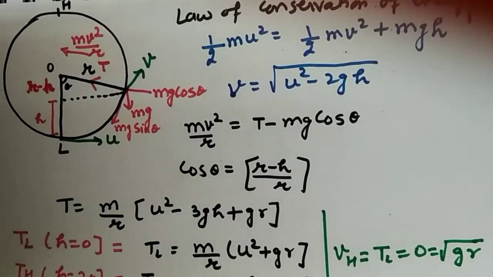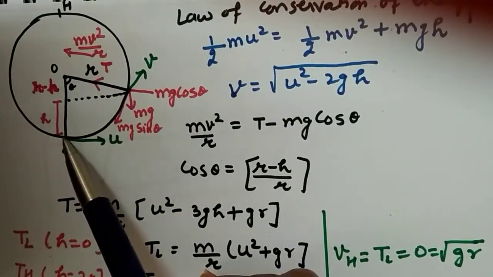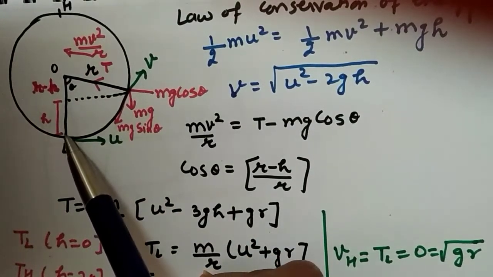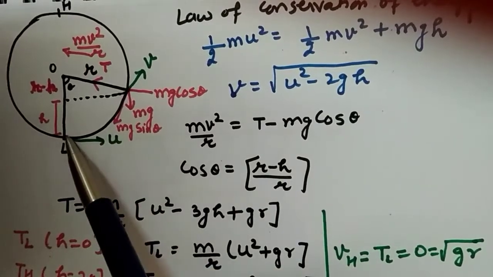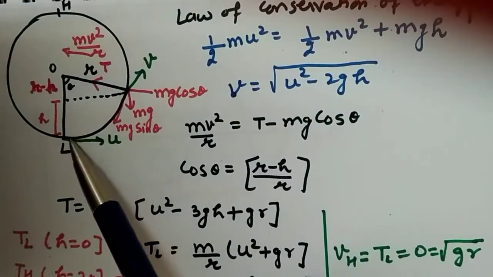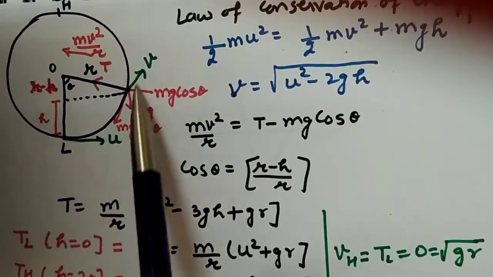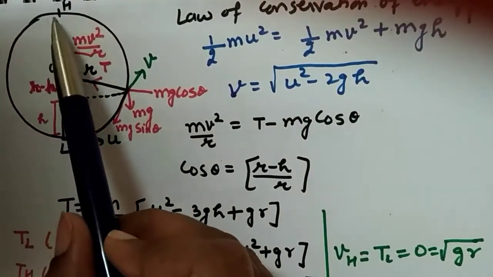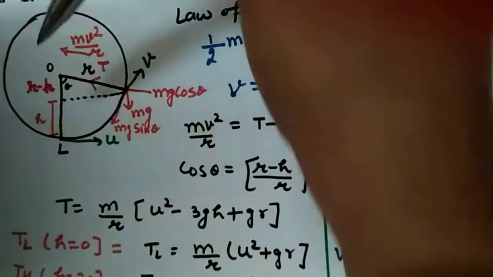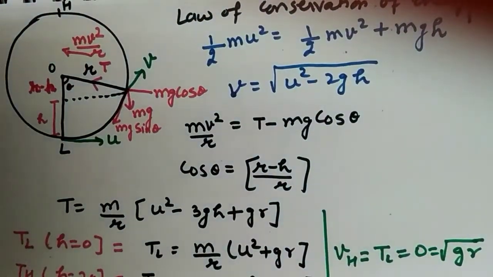Next we are having a problem of a person driving one vehicle in the death well. If you know, death well is a scenario where there will be a spherical globe and we have to drive your vehicle starting from the lowest point, and take a loop from the highest point. When you will be at the highest point, actually you will be upside down, so you don't fall. That is the trick of driving any motor vehicle or anything in the death well. So this is that situation.